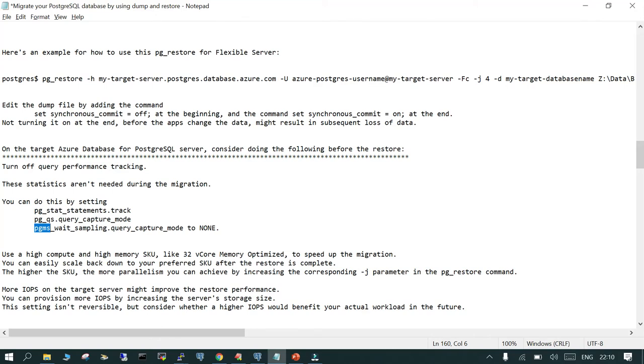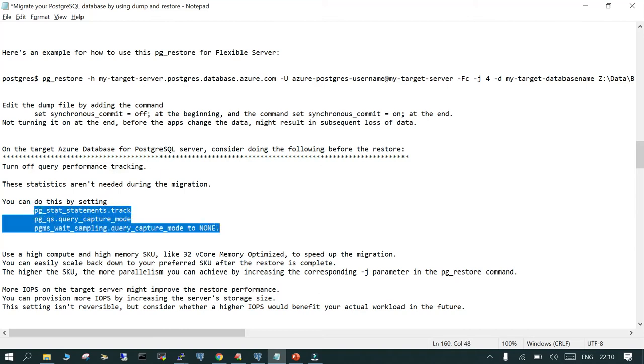If let's say your database size is 500 GB and you are using pg_dump and pg_restore, in that case you should use the parallelism on a virtual machine which is an intermediate server, and from there you can fire the pg_restore in a parallel mode, and these settings can be turned off in